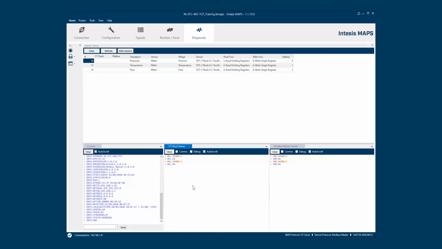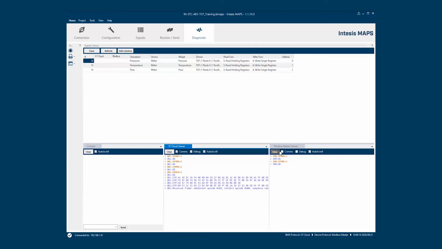Then we have the same viewer, but for the BMS. In this case we have the options as well, just to clear it, enable communications, to enable or disable the auto scroll, and then we have also the option of debug. Basically what debug does is parse some part of the information in order to make it simpler for everyone to see what's going on. And the same schema applies for